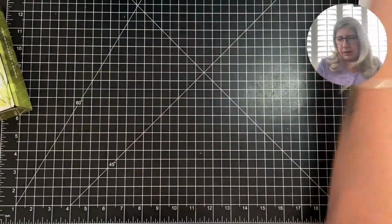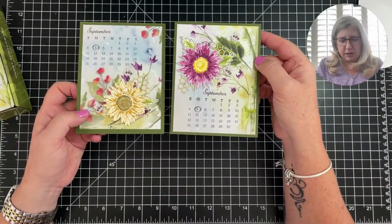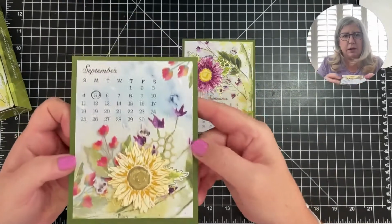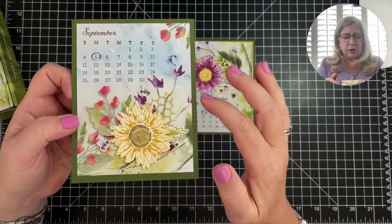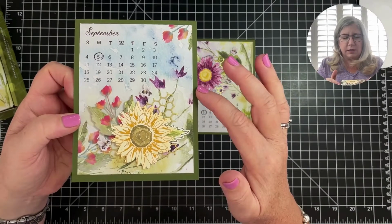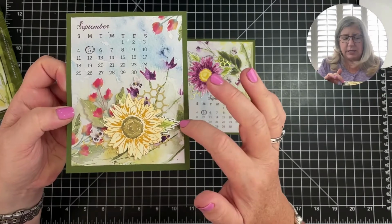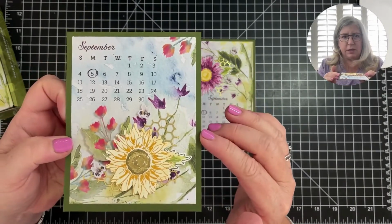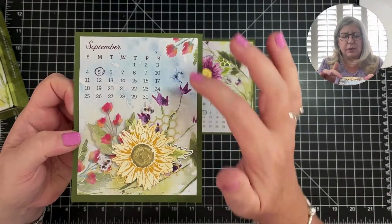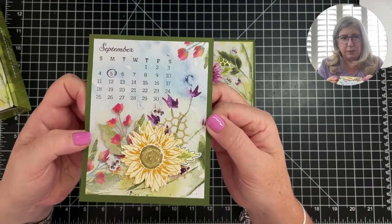We're only going to make one today because I think that's all I have time for. But these were the two calendar pages that I made for September, and this one uses all of the components. I put in some of the gold foil honeycomb stuff, and then I fussy cut out an extra leaf on that one. This base was used with one of the envelopes that came in the kit,